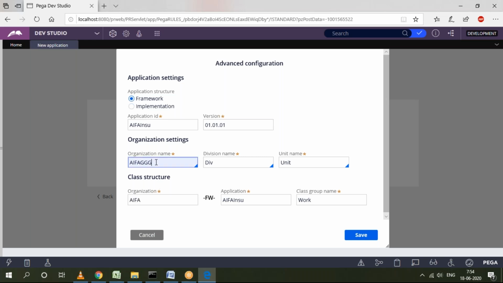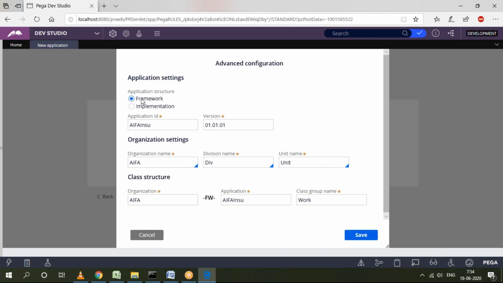If it is less than 4 also okay, but maximum length for the organization name is only 4 characters. Generally, when they're giving the organization names, they'll be giving up to four characters. Okay. And here now click on this save.